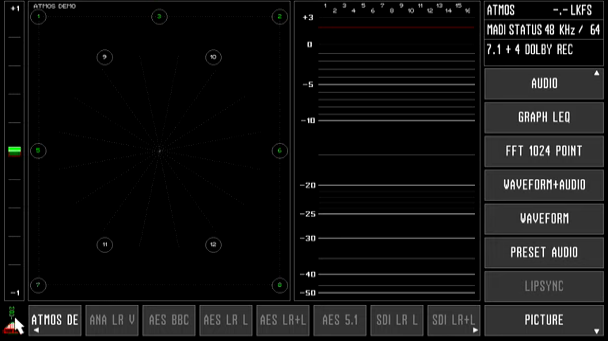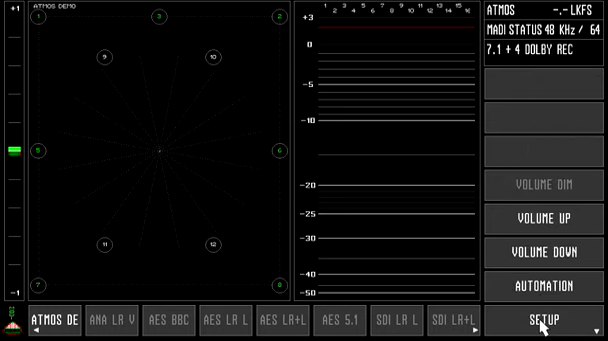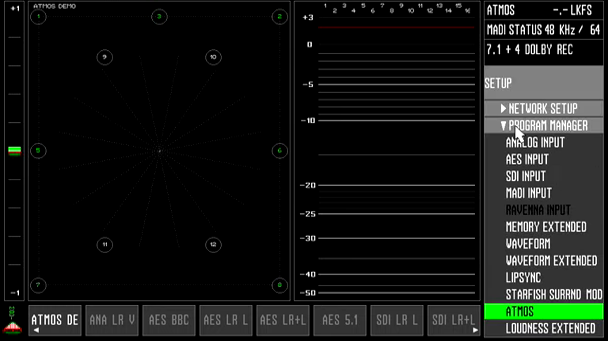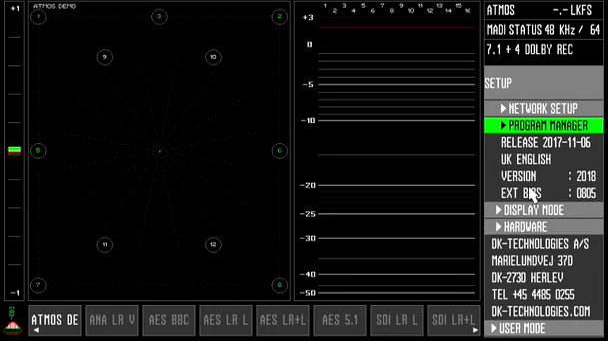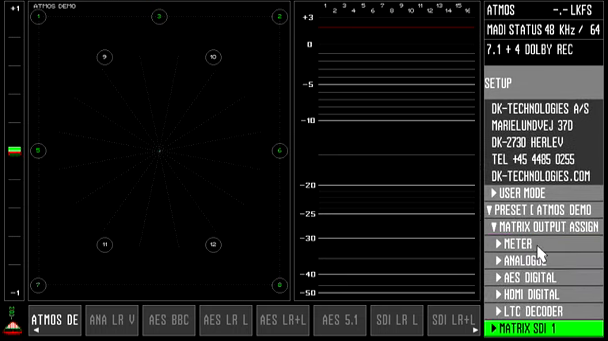Now, next thing is that you can see this is currently running with a MADI because I have a MADI stream. But we want to set this up to run with an SDI stream. So once again, we go into the menu, close this, and go to the